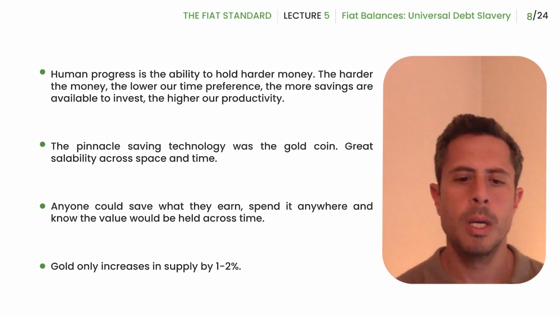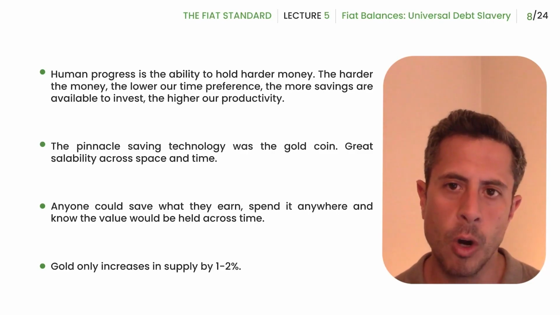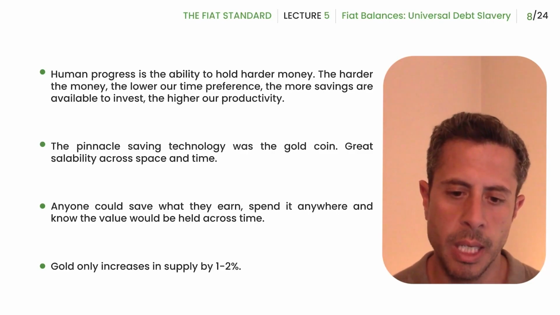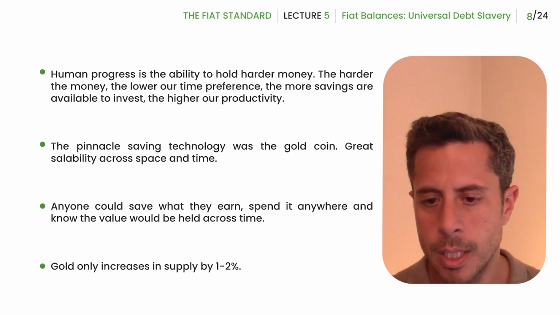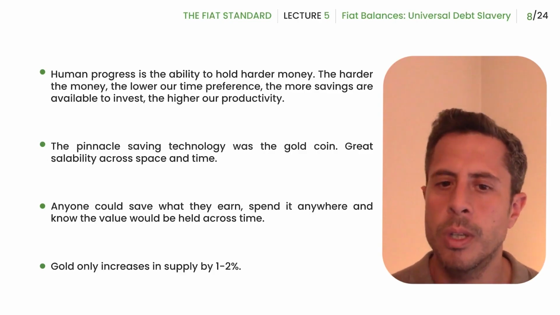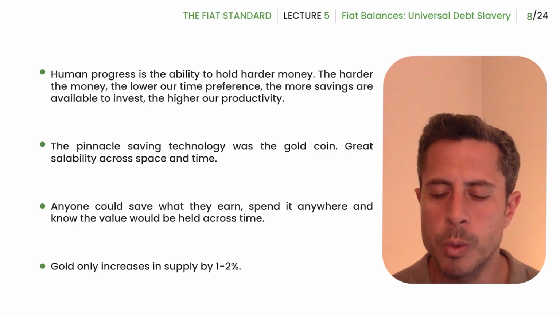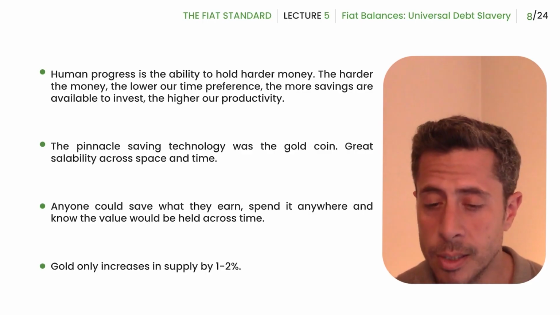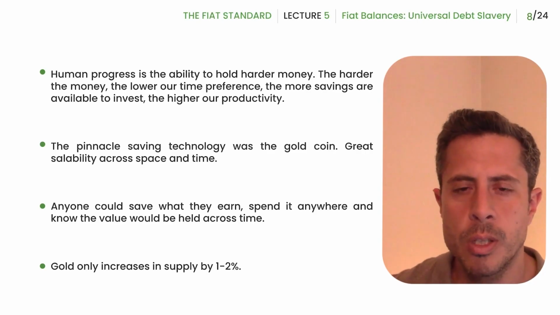It's true. But as we develop better ways of providing for the future, as we start being able to save with money that is very good at holding on to its value for the future, the uncertainty of the future declines. And since the uncertainty declines, we start discounting the future less. We start valuing the future more. And therefore, we start providing for the future more and more, and we start thinking about it more. And that's essentially human progress. That is civilization. That is the process of human civilization.